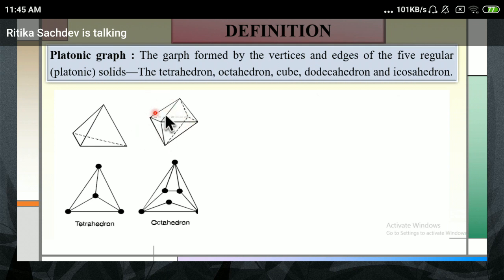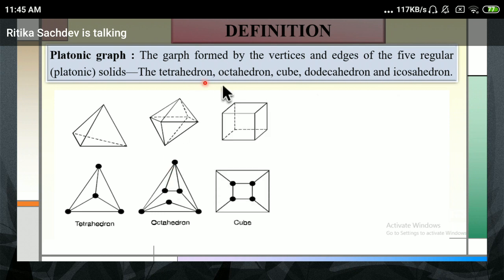Now check octahedron. Octahedron has 8 faces. This had 4 faces, this has 8 faces. You might have seen a diamond. This diamond has 8 faces. That is octahedron. This octahedron is being put up on a graph paper. So each vertex of the octahedron in the real world is drawn as a dot over here. And if there is any point which is connected over here, that is drawn as an edge over here.